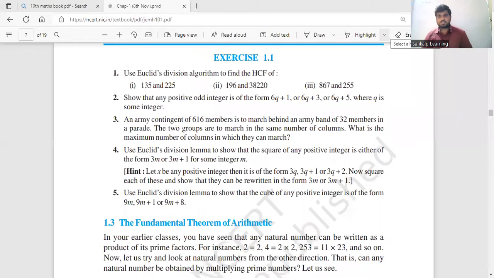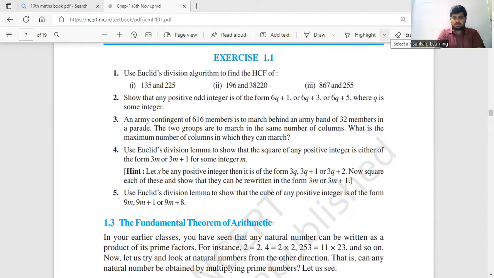Hello students, so let's continue with the first exercise of real numbers. We have done the first question, second question and the fourth question. So let's continue with the fifth one, and the third one is pending. Let's do those. So in the fifth question, using Euclid's division lemma, we have to show that cube of